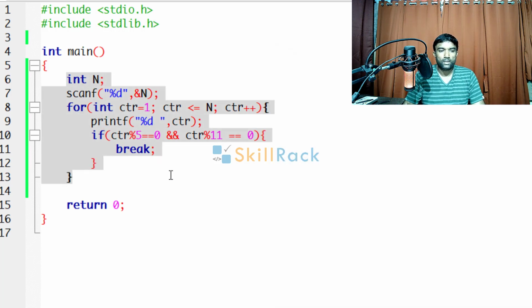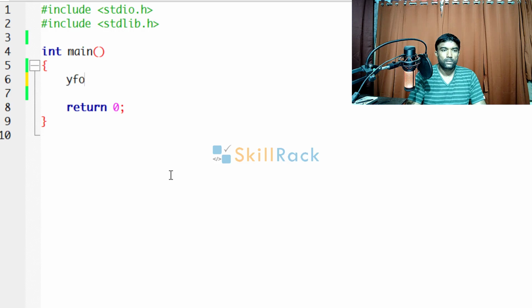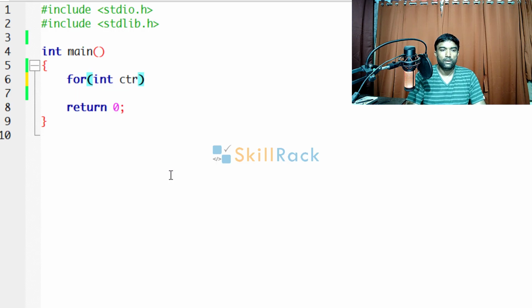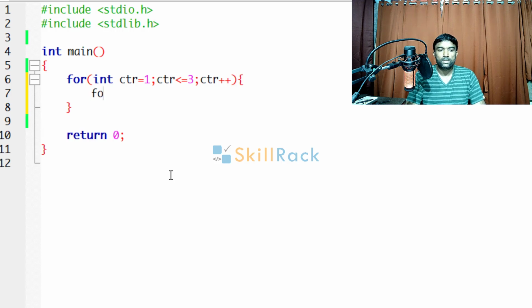So now let us say we have a nested loop. So here we are having int counter equal to 1, counter less than or equal to 3, counter plus plus. So 3 times the outer loop is going to iterate.